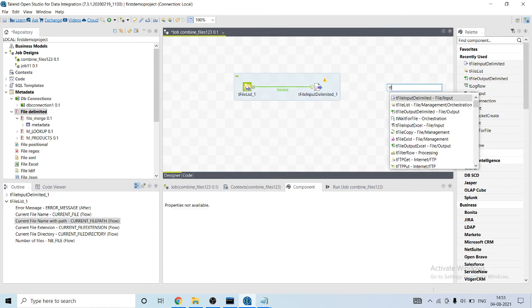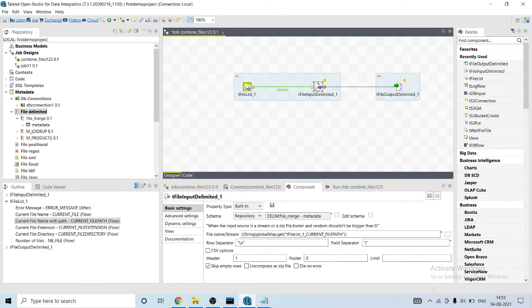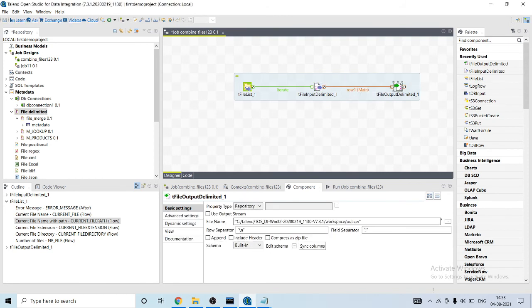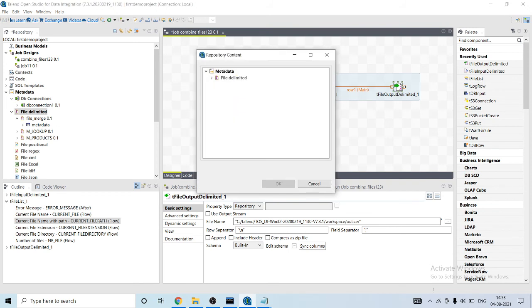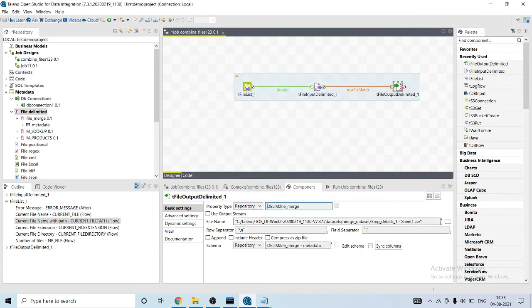Now we will combine all the files' output using a tFileOutputDelimited. First, let me connect this. Okay, let's give a schema to the file. Okay, let's view.